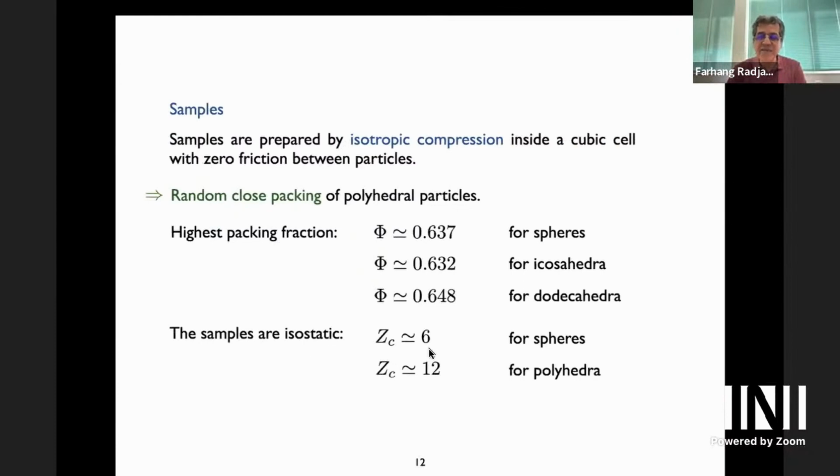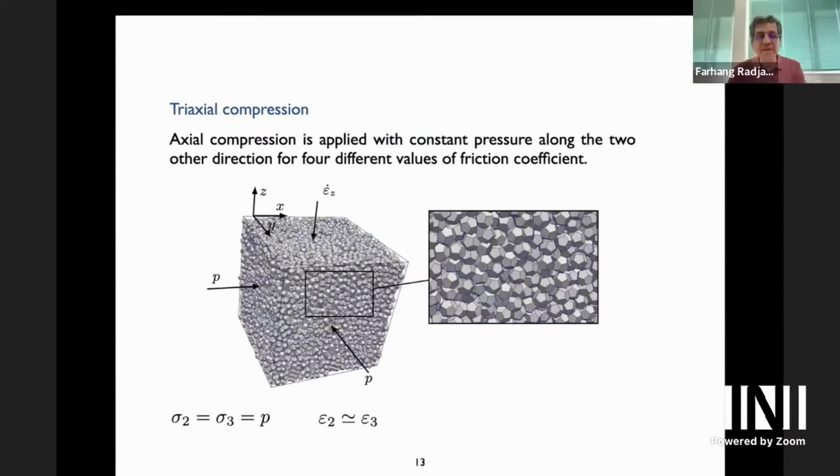It's slightly above 6, it's 6.05 because of the finite pressure applied on the system for spheres, and a little bit higher than 12 for polyhedra. We did triaxial compression using these isotropic samples as initial condition. Here you see a snapshot, and the compression is applied in direction, so here Z direction,